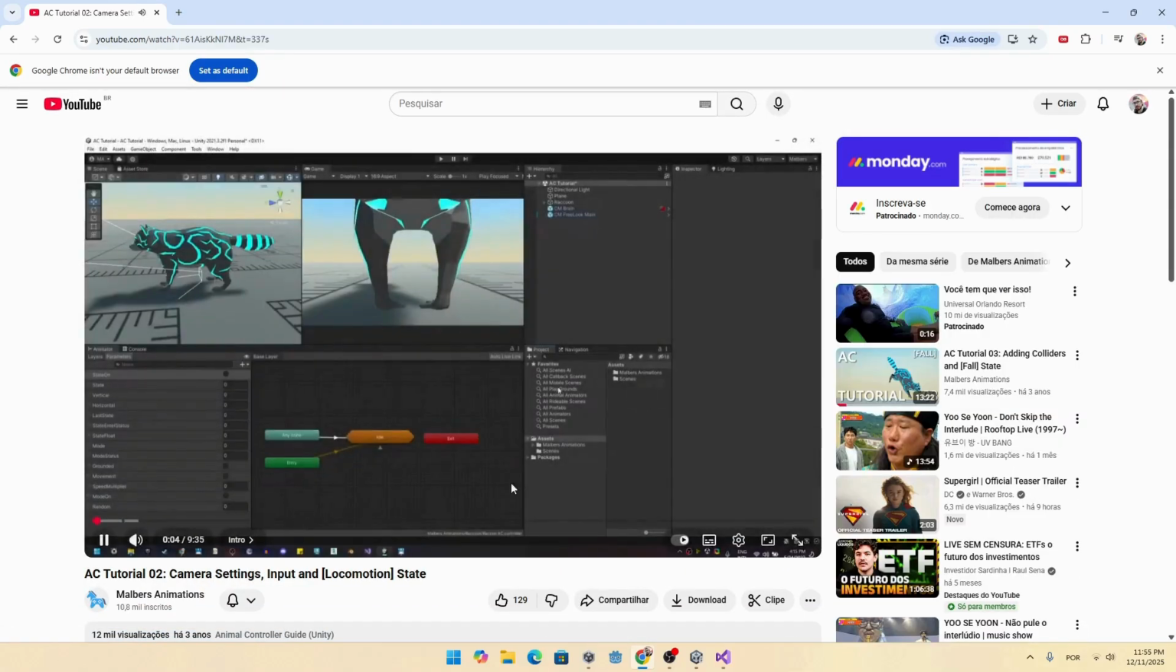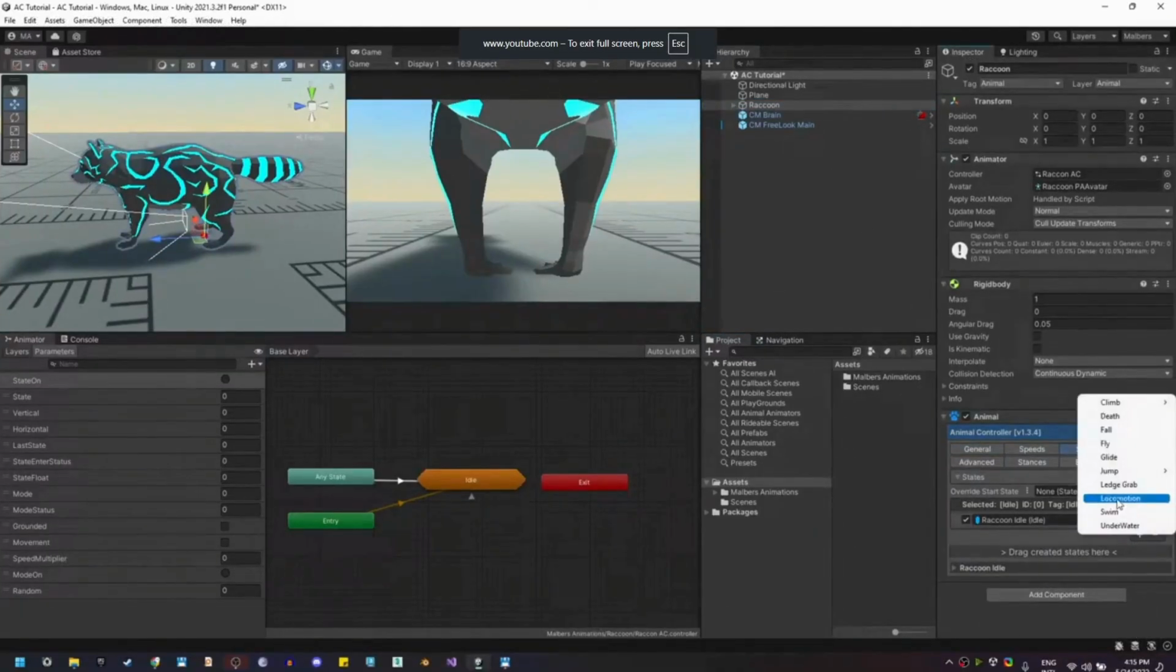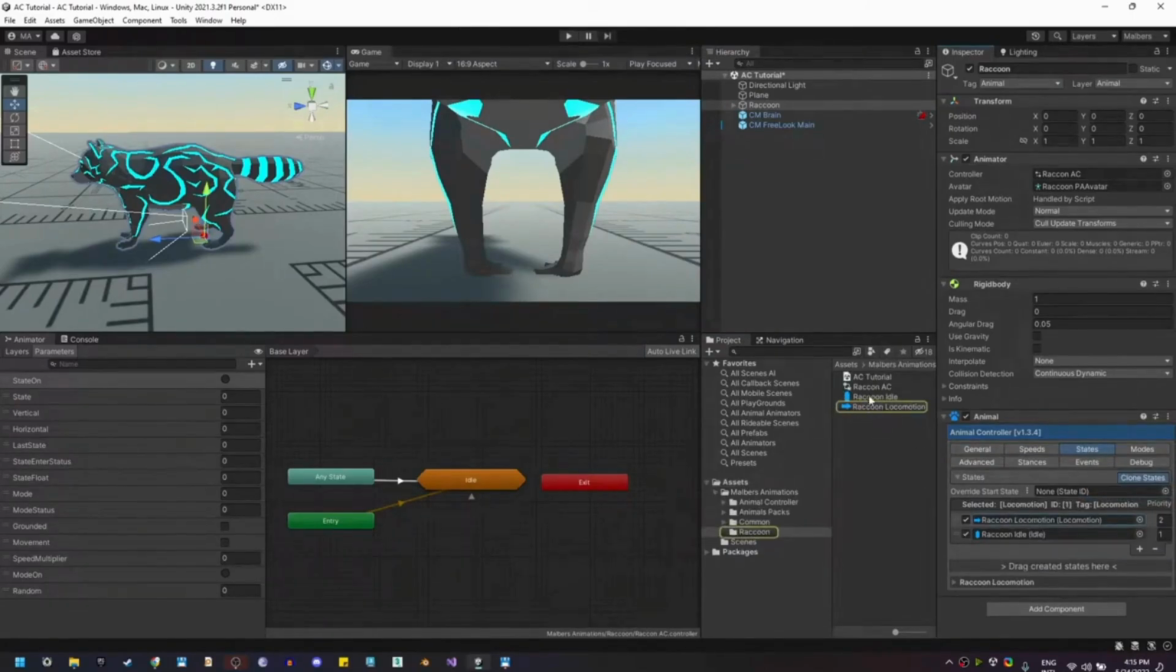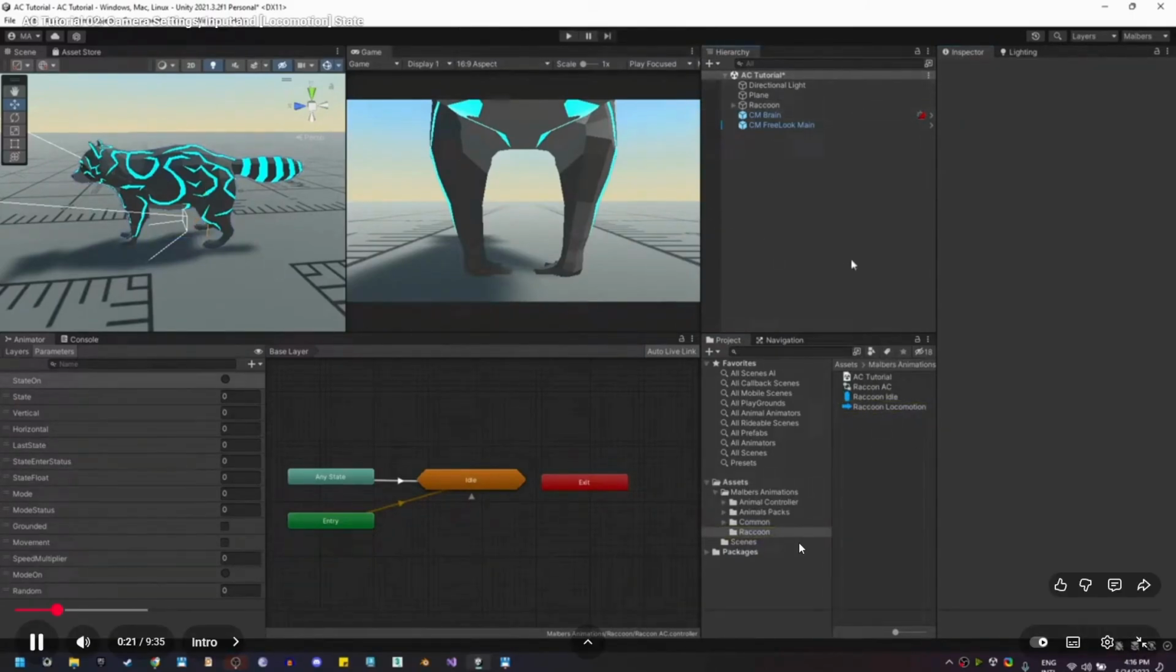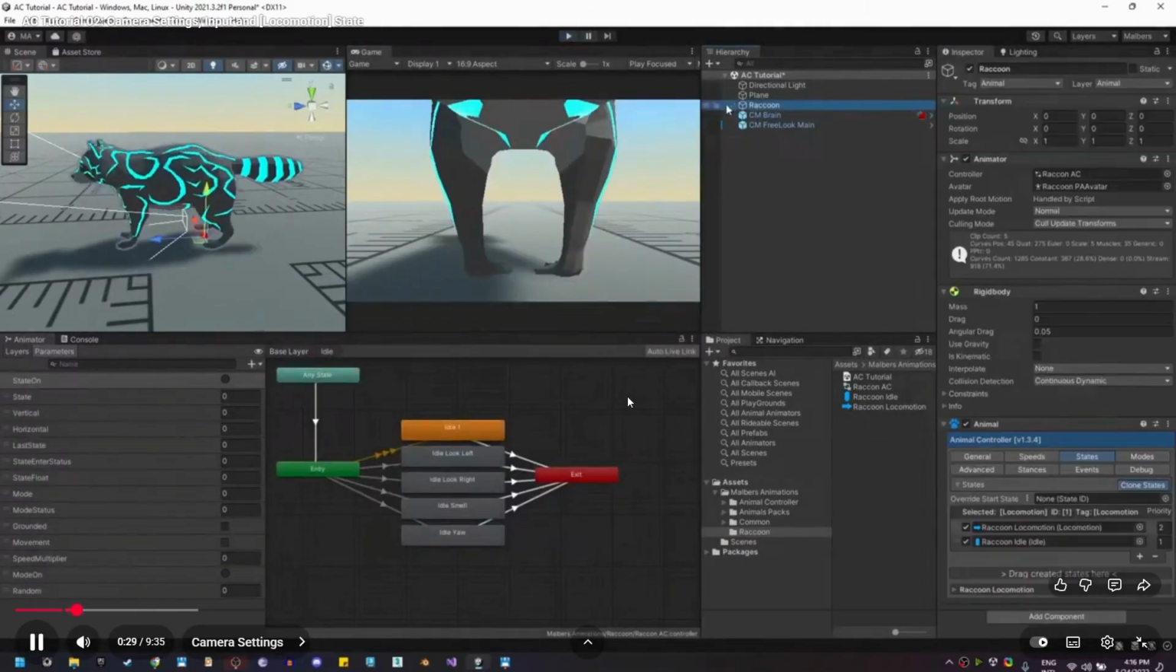Welcome back, guys. So now that we have the idle state working, let's work on the locomotion state. Now, here on the states, let's create the locomotion state. You will see that the asset has been created in the same place as the idle state. Let me do a quick pause and let's make the camera follow the animal. If I hit play, you'll see that the camera is not moving. Here on the raccoon, let's create